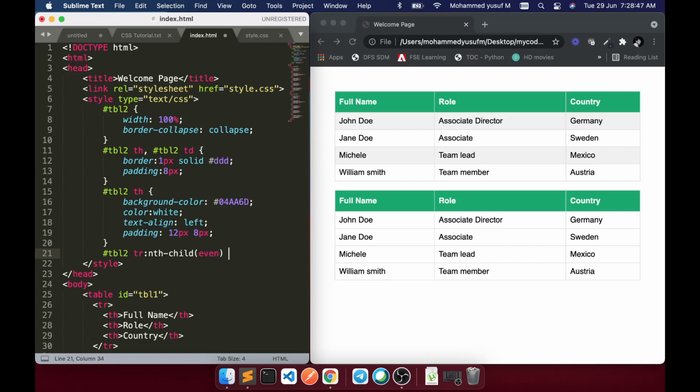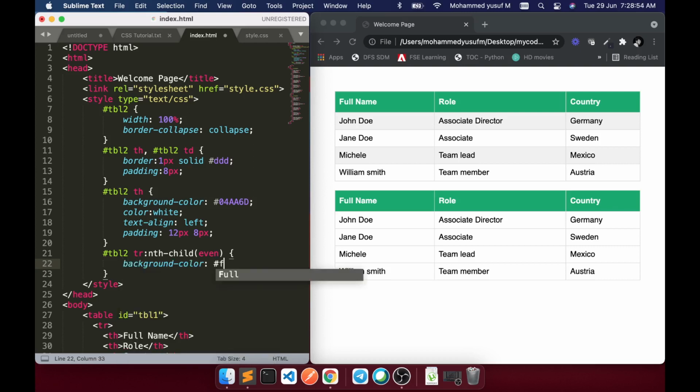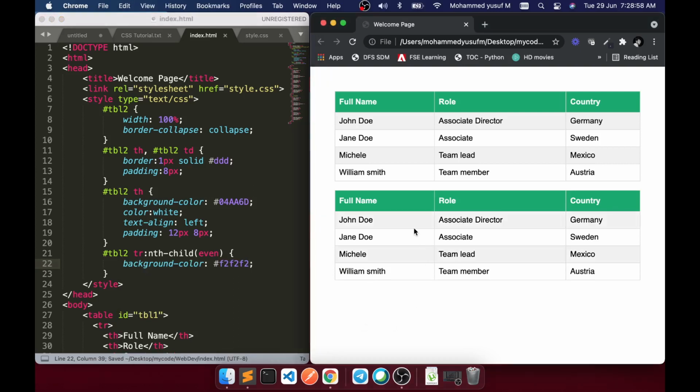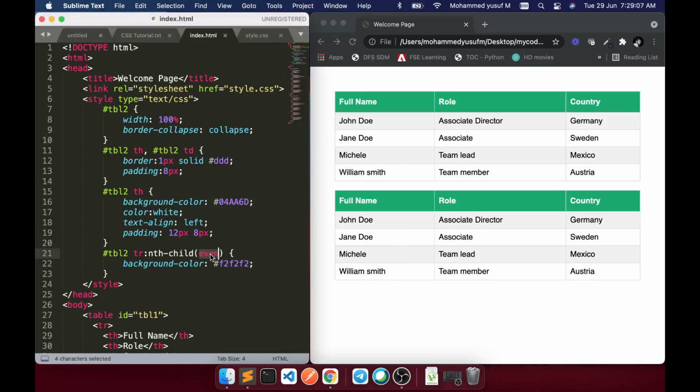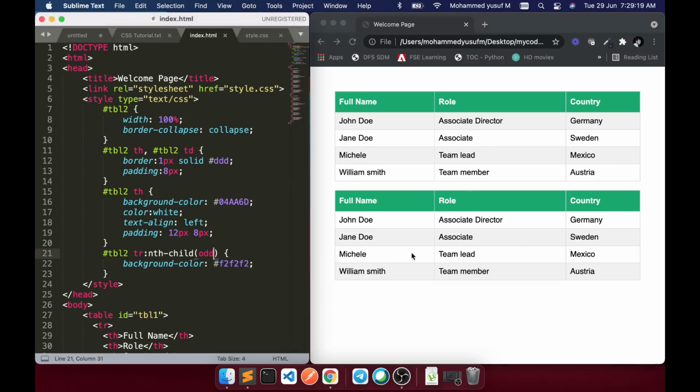Now we can apply a background color of f2f2f2. Now the even rows become this background color, as you can see here. If you apply odd, only the odd rows will get the background color. That is the property of nth-child. It's a pseudo class like the other pseudo classes. Now this is done.